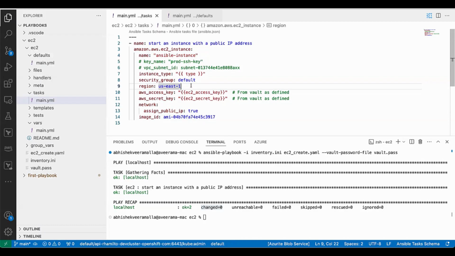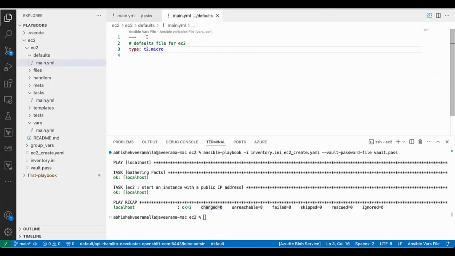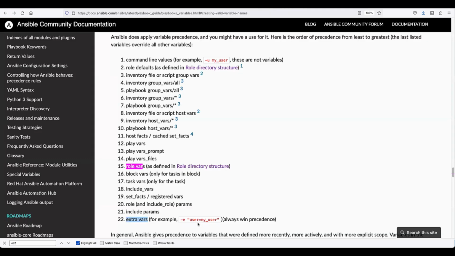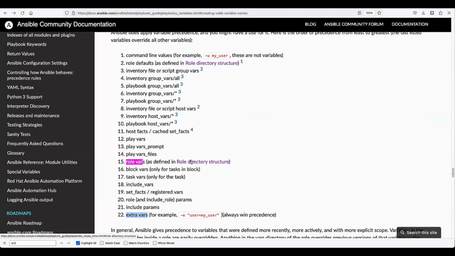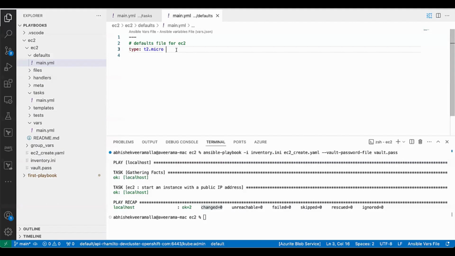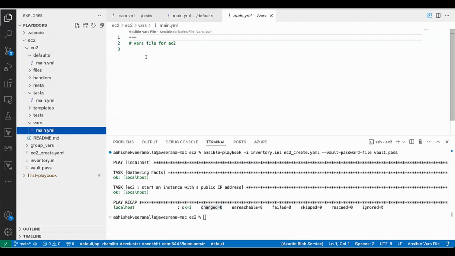Similarly, your task is to variabilize the region and the AMI ID, everything that is available here. I'm not going into it. You can do it just like how I have done the type. Now the next thing is, Abhishek, I have variabilized this in the defaults main.yaml, so why do I have multiple other things? That's what I said: Ansible has multiple places to declare variables. Let me show you. If I declare the same thing in the vars main.yaml